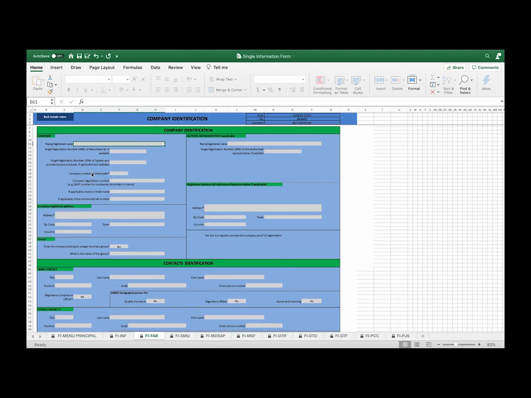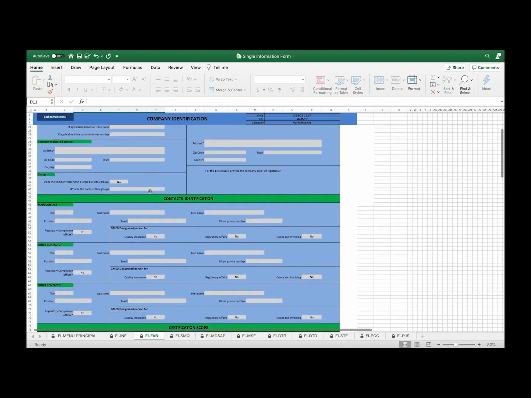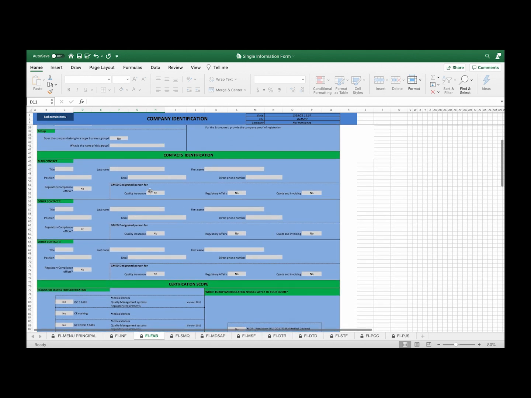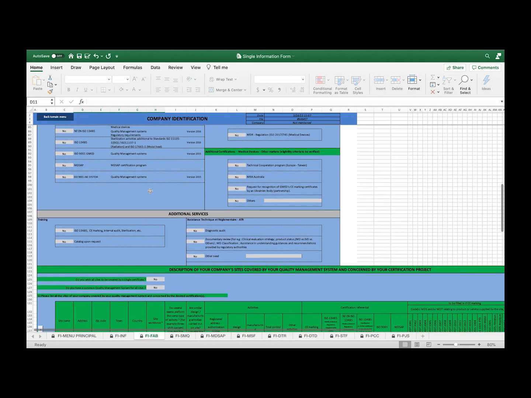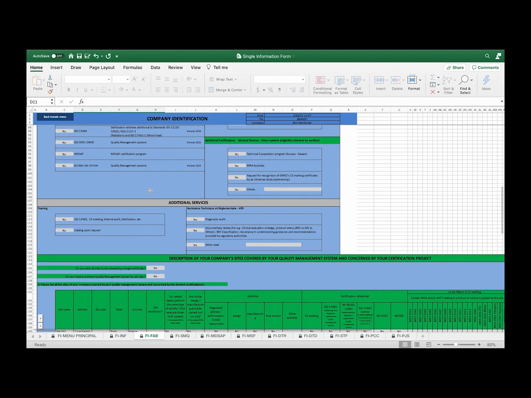The Company Identification tab must be filled in regardless of your certification project's characteristics. It aims to identify your company, identify the people to contact within your company, allow you to indicate the reference systems concerned by your certification project, allow you to specify whether you wish to benefit from additional services offered by GMED,